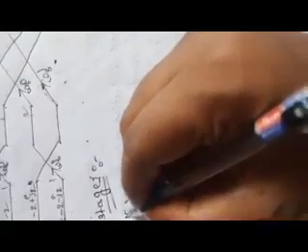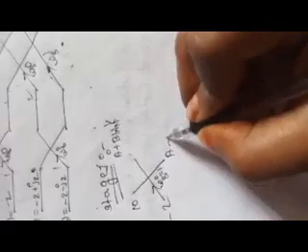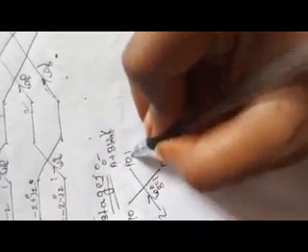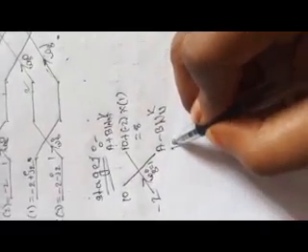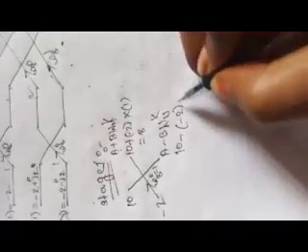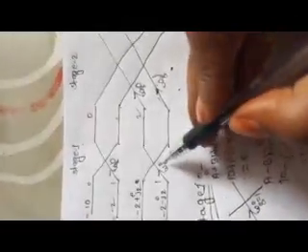Here the values are 10, minus 2. Here the formula is a plus b Wn of k, and here a minus b Wn of k. Here a value is 10, b value is minus 2, Wn of k value is 1. So here we got 8. And at the same input, second output, a value is 10 minus b value is 2, twiddle factor value is 1. So here we got 12. And next, second butterfly.